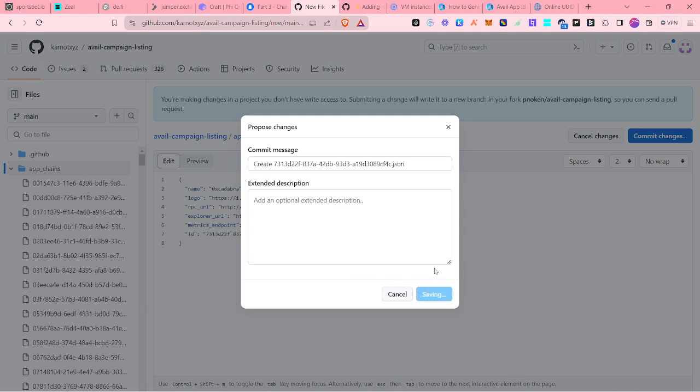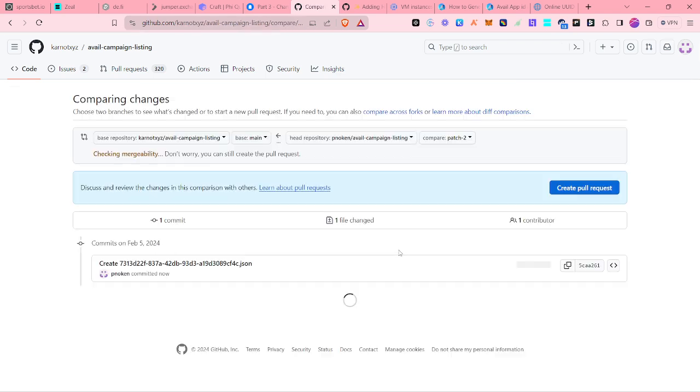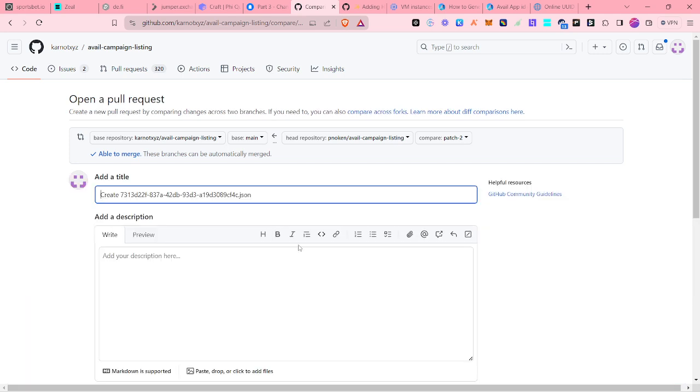So we are basically committing the changes into the repository, and after that you can create a pull request. So a pull request is like a request to make it merge. So what you can use as a title is adding maybe your app chain name. So maybe OS Kadabra. That's what you can do. Then for the